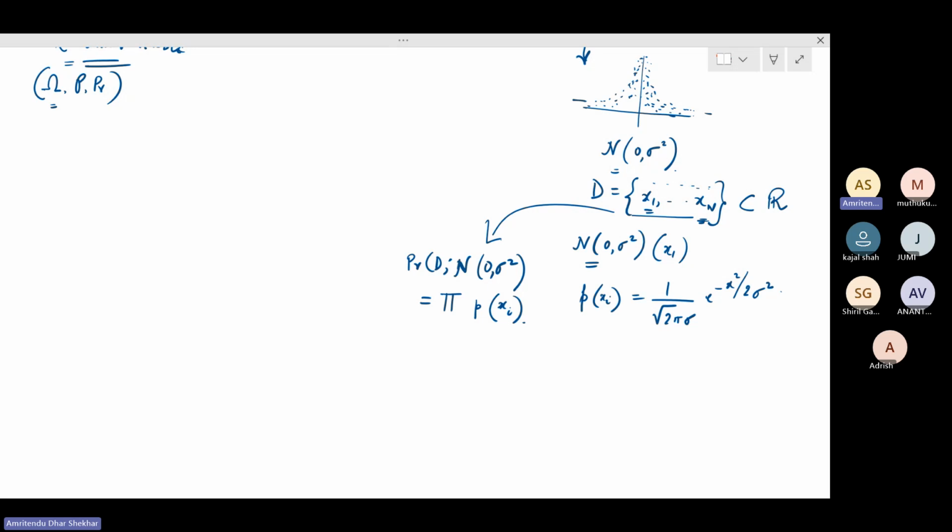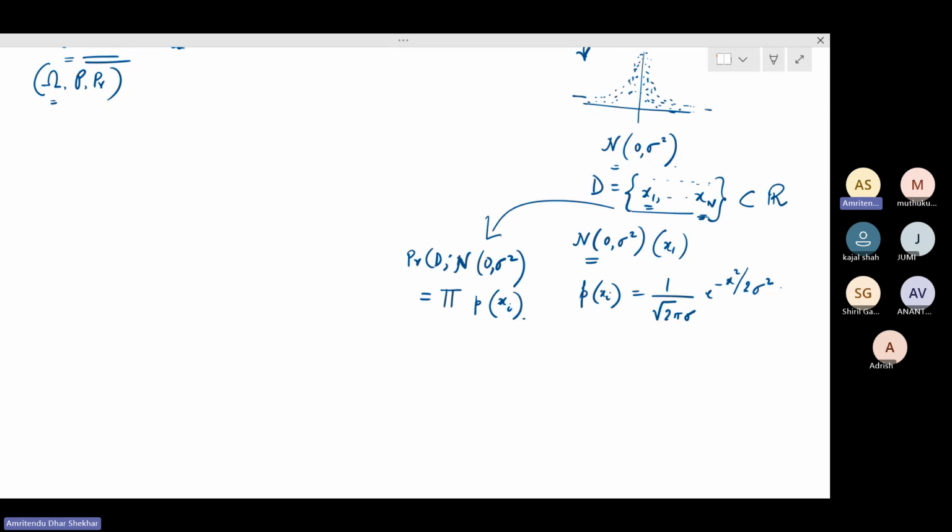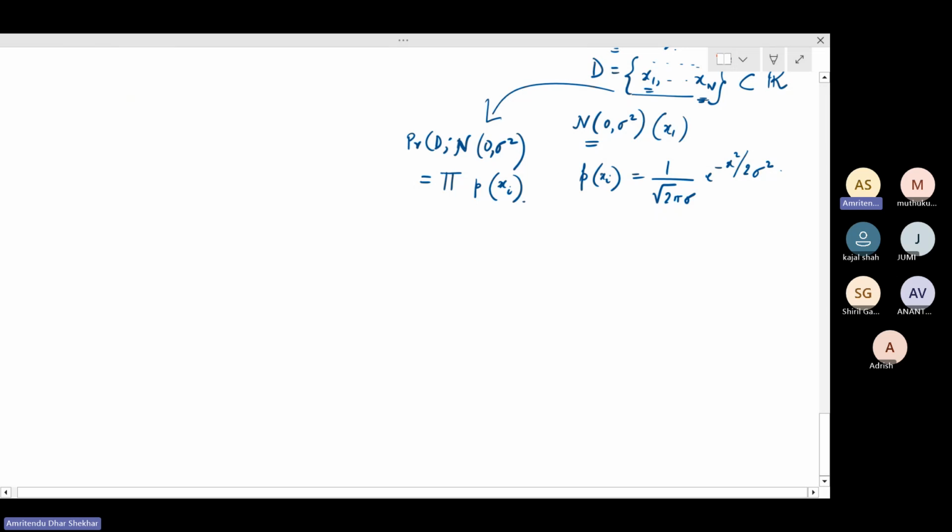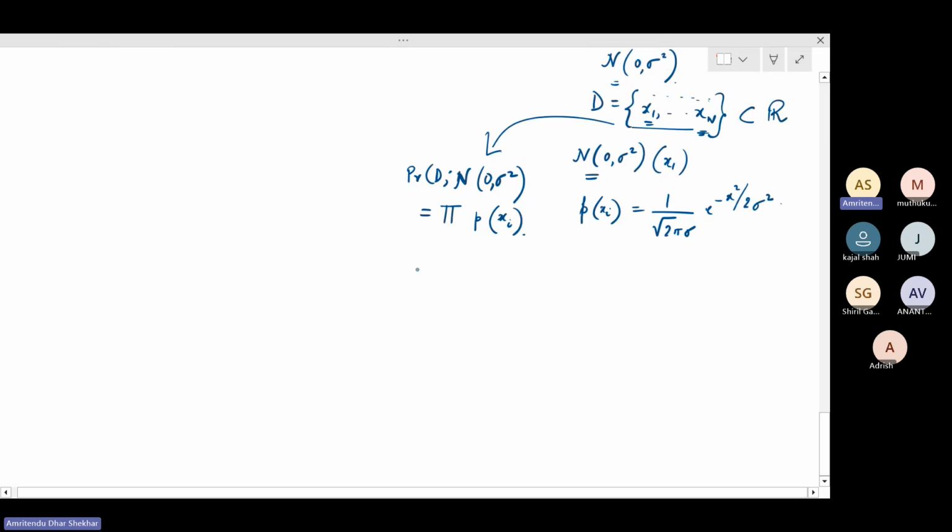Now the question is, you want to know what is the right value of sigma. So what is the right value of sigma that you should choose, which would be an appropriate model for the data. So now you are essentially asking a question like this: sigma is an unknown. You don't know sigma. So you want to compute